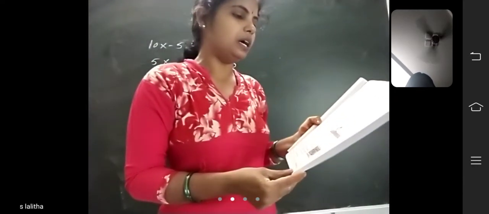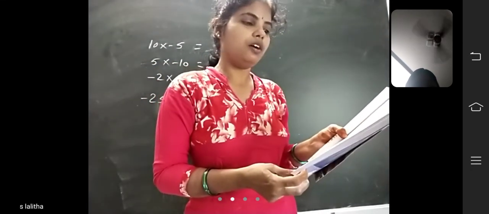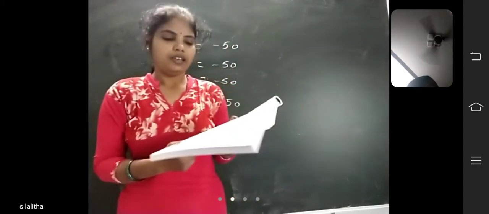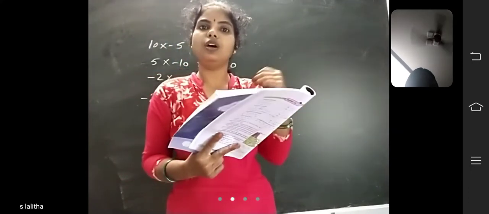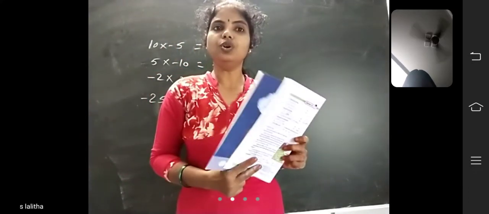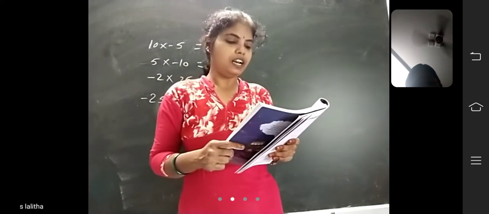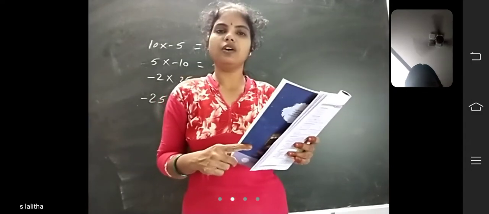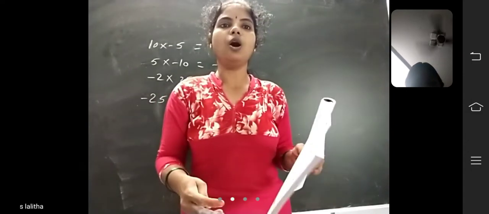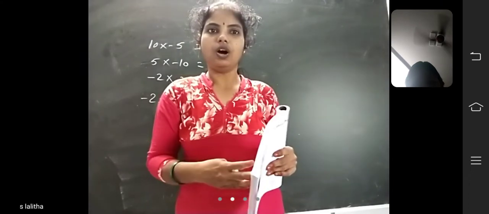Next, Bhargavi lost 5,700 calories in the month of June using yoga. If the calorie loss is uniform, calculate the loss of calories per day. So Bhargavi lost calories in the month of June using yoga. She lost how many calories? 5,700 in the month of June. So in June, how many days are there, children? 30 days. Okay. So if the calorie loss is uniform, calculate the loss of calories per day. Per day, how many calories she lost, you should find.